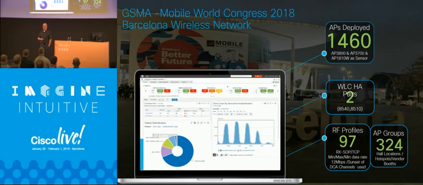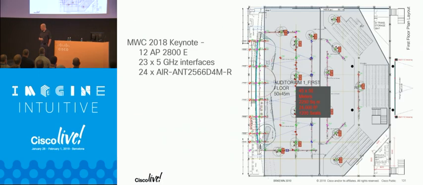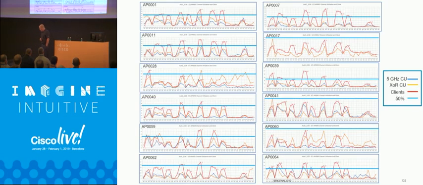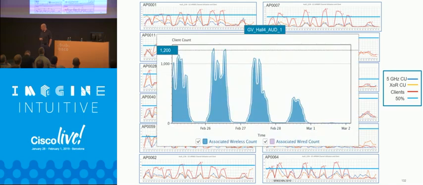Mobile World Congress is special. Every AP in the hall over top of a vendor's booth broadcasts their own vanity SSID. It's a nightmare to configure, and that configuration is 10 megs long. The keynote area at Mobile World Congress, the first time last year, we got an opportunity to look at the channel utilization and the user counts on each 5 gigahertz interface. And what we found was in that keynote with 2,000 people jamming, everything was happy, everything was fine. This year we're pulling telemetry from it, so next year I'll have a lot more slides to talk about it.